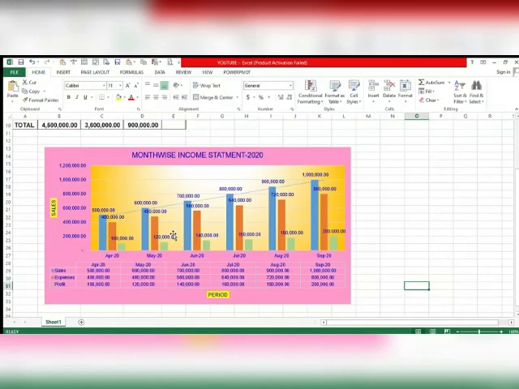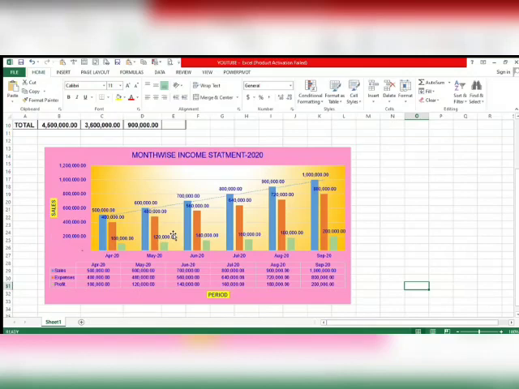Management teams are not required to go into the minute details, so they want to check whether the company is going in a progressive manner or not. What is the sales turnover or revenue of the company, is it in an increasing or decreasing trend. Likewise, what is the profit margin earned by the company, whether it is a good sign or bad sign, they can understand from this chart.